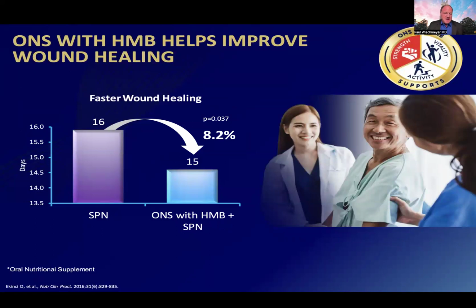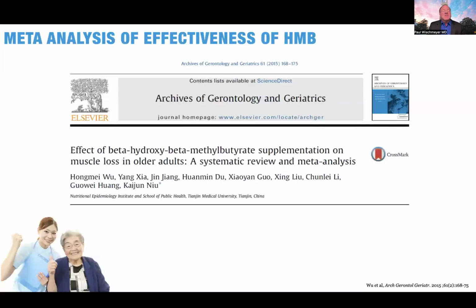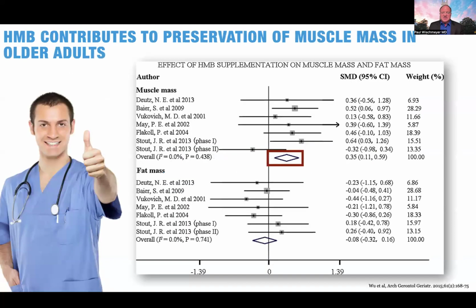And so they make this formula of glutamine, arginine, and HMB, and that's been targeted for wound healing and studied for that. But it also improved the number of patients by 3-fold that were mobile at the end of the study. So again, it improves mobility in patients and really helps them recover. And then there's enough trials now. There's many, many trials in the elderly folks that there's now big meta-analyses even, and you can see the data